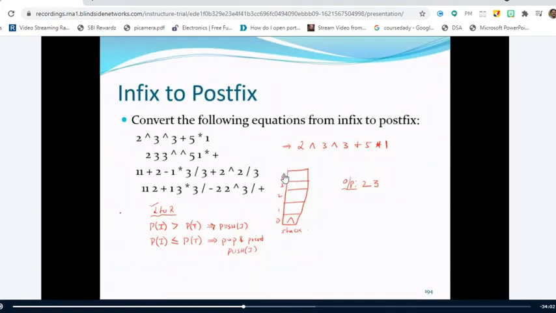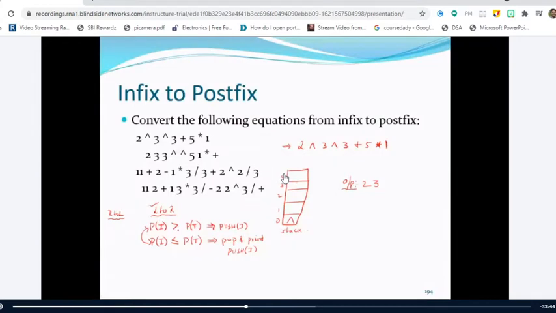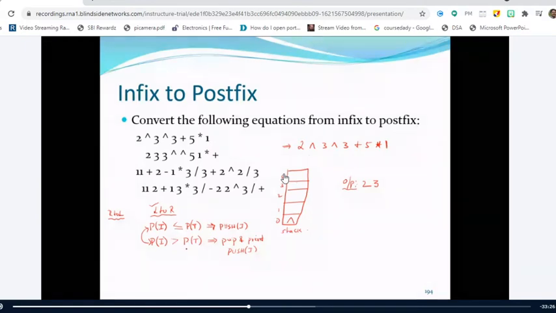But in the case of right to left associative operators, you have to make modifications such that these particular cases will be reversed. Right, they will be reversed. That means whenever the priority of the incoming operator is less than or equal to the priority of the top symbol, then you have to perform a push operation, and if the priority of the incoming operator is greater than the priority of the top, right? Is it clear up to this point?